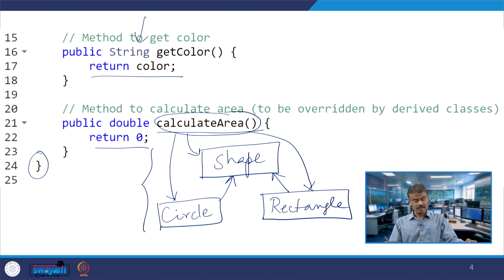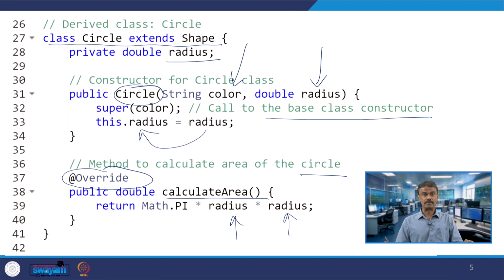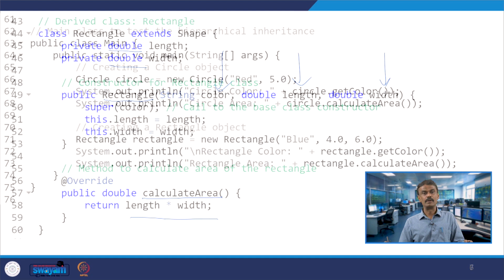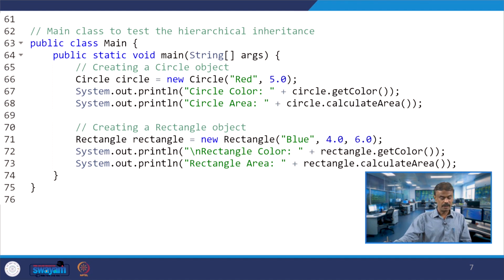Shape also has it, which returns 0, line number 20 to 23, and here line number 36 to 40 you have calculate area for the case of circle, and for the case of rectangle you have 55 to 58. So, same function, same method. Now we will see in the main program how they are being called.